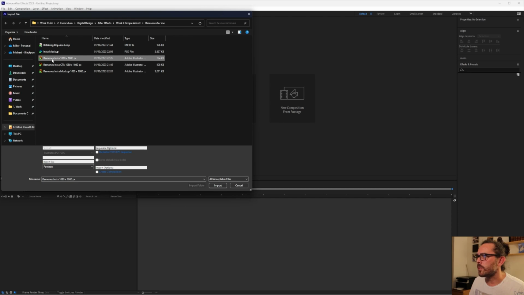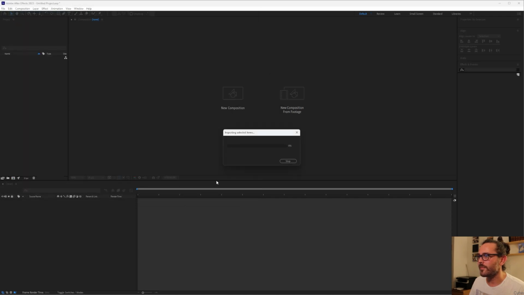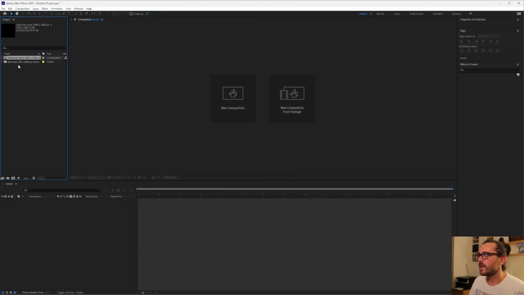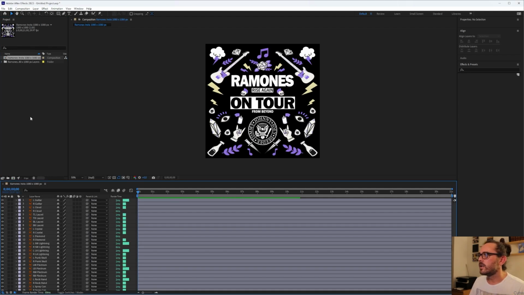The first one we're going to be working with is that initial one with all of the guitars and plectrums and skulls and things on it. So we're just going to jump into that one, import footage, composition, retain layer sizes. Once again, we're going to hit import. Okay, so double clicking on the composition,